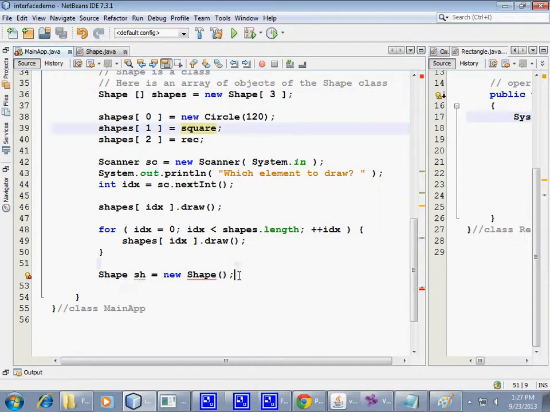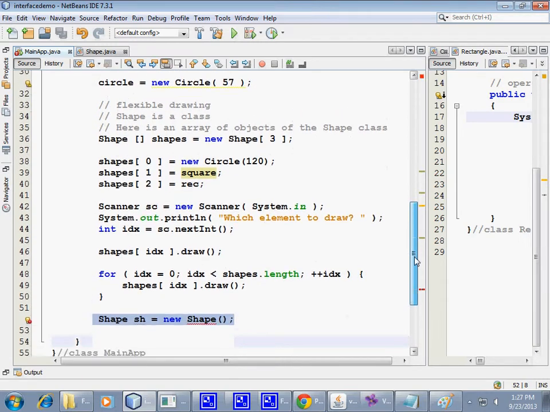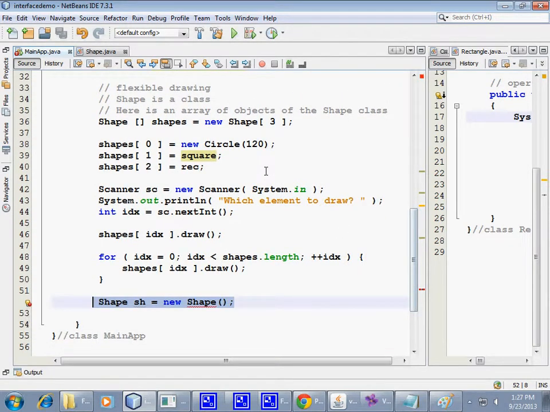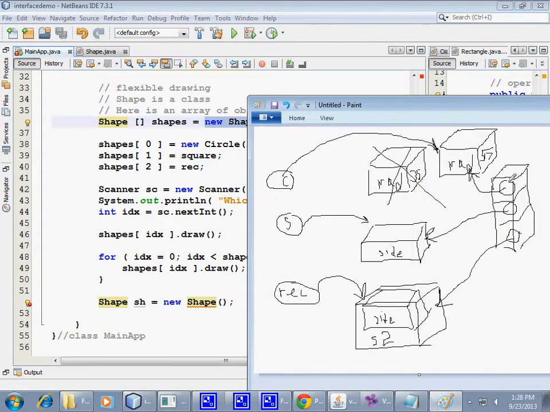To this point, if you examine this demo code, there was not a single time when we said new shape. This one doesn't count, because when we say new shape and indicate square brackets, a new array object is created. So no shapes are created, but this array object, like a collection, is created. And a collection in Java is also an object of its own type.